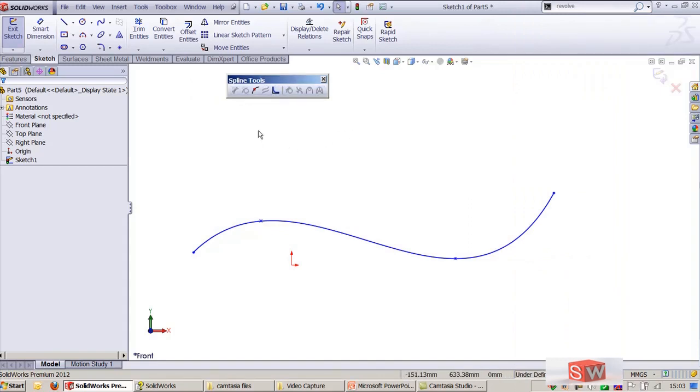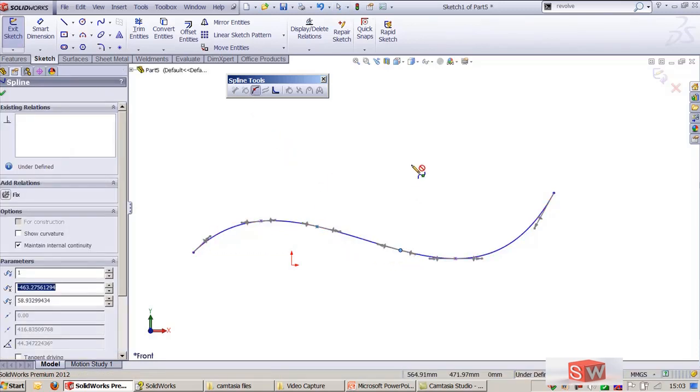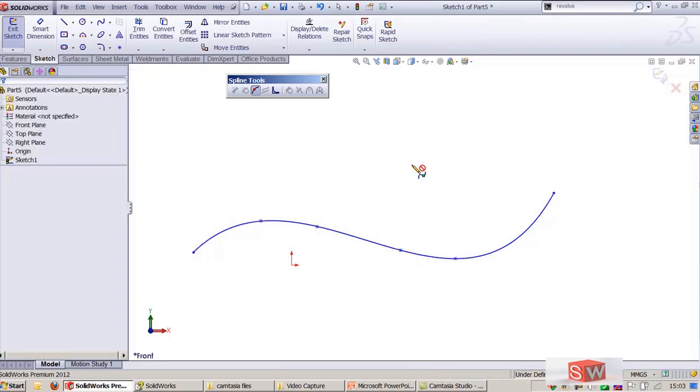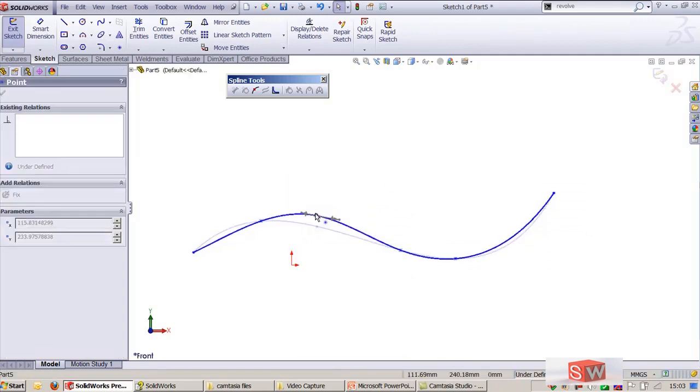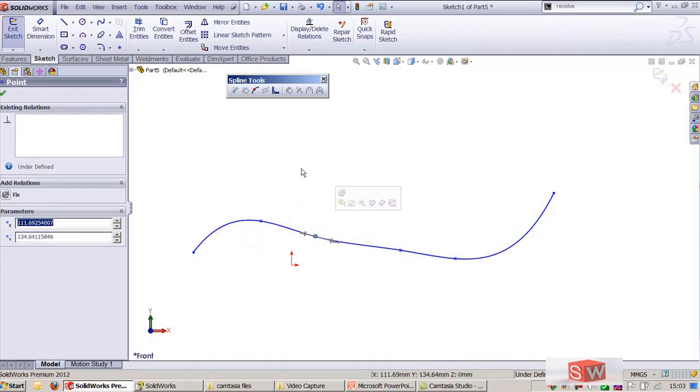The first one is adding tangency control, then curvature control, and inserting spline points. Now one command is inactive. I will use this command, and if I select a point on this spline, you can see the points are added. By default we can see only first, second, and then third and fourth. But now we added 2 more points here. This will help us to control this spline using these points.